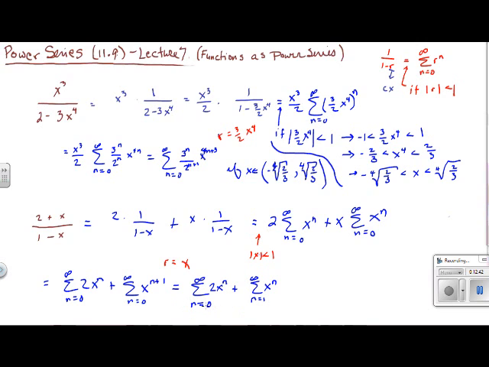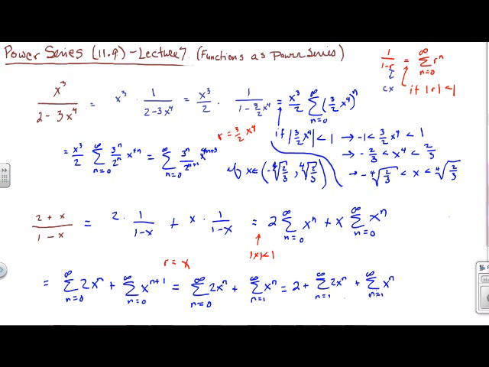Okay, now, again, we still can't add them because we don't match them up term by term. This first one's got a 0 term, the second one doesn't. But I'm going to take that 0 term out. So the 0th term there is 2 times x to the 0, which is just 2. So I get 2 plus sum n equals 1 to infinity 2x to the n plus sum n equals 1 to infinity x to the n. And look, now I can combine these two here and match them up term for term, right? They've got the same x to the n, so I can factor the x to the n's out, and I get 2 plus the sum n equals 1 to infinity of 2x to the n plus x to the n is 3x to the n. And there is my power series,